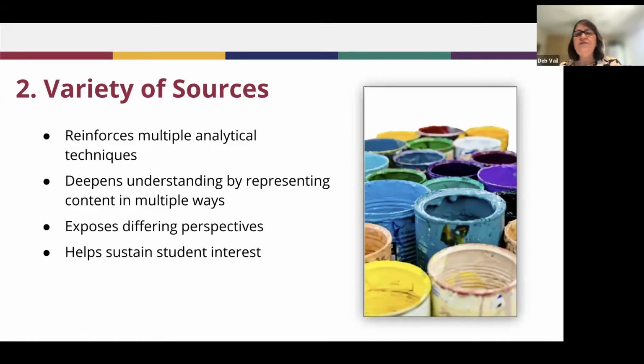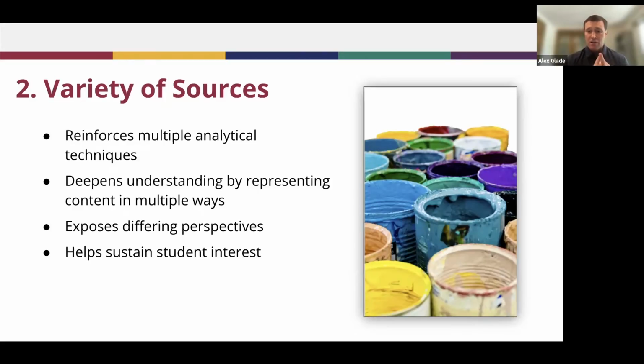All right, so then we went on to variety of sources. That was kind of our second bucket that you felt would be worthwhile for us to look at for Scout. Absolutely. So as we've mentioned, resources are so important within social studies, but we do want different types of resources. It's important that we don't just have the same type every time. And by types of sources, this variety, this can mean a couple of different things.